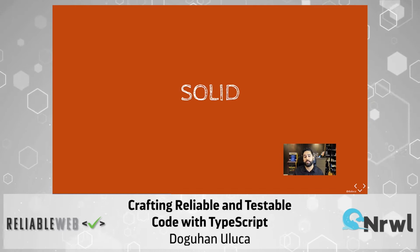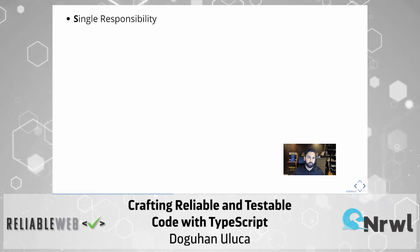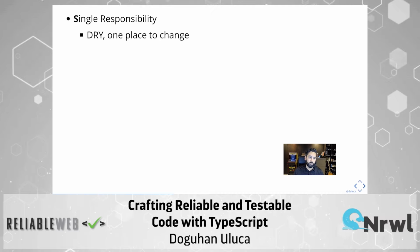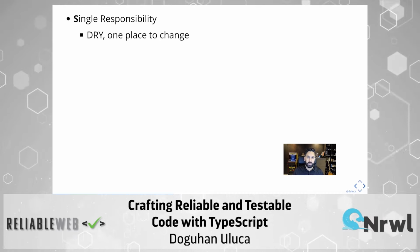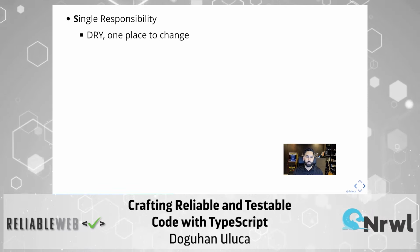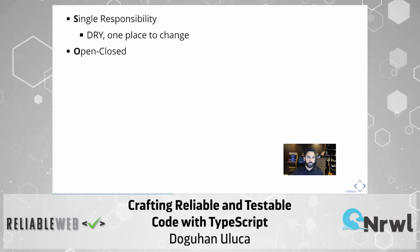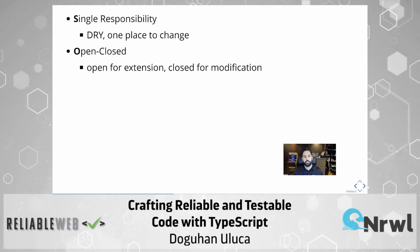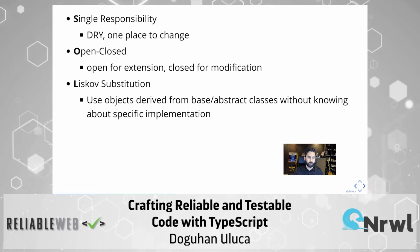Next, I want to talk about SOLID principles. The S stands for single responsibility principle. This is basically the DRY principle, and the point is you should only be changing code in one place. If you fix a bug, you should only have to fix it in one place. There's the open-closed principle, which means your code should be open for extension but closed for modification. There's the Liskov substitution principle, where